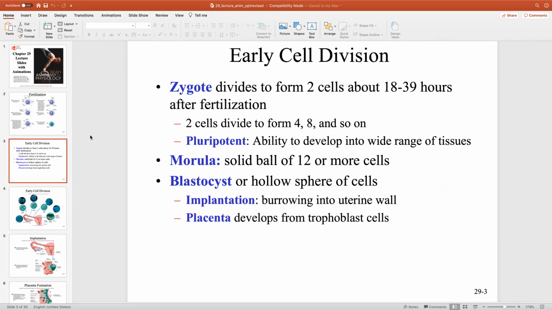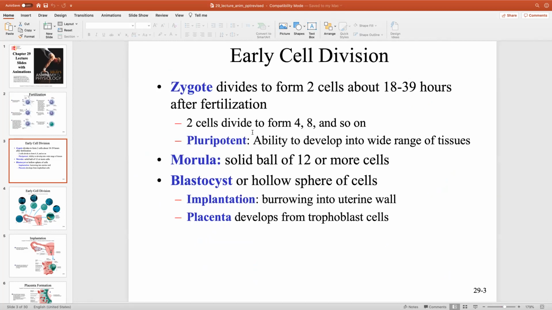Now, when we have that early cell division, a zygote divides to form two cells at about 18 to 39 hours after fertilization. The two cells divide to form four, then eight. Now, pluripotent cells are stem cells that can basically become any other type of cell in your body. You can imagine if all we're doing is taking a cell from a fertilized